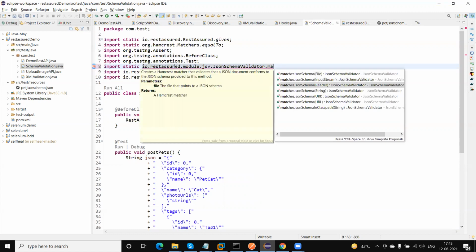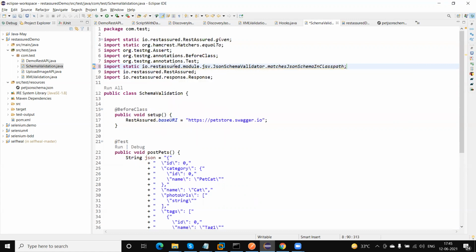Then there is a matcher method, matchesJsonSchemaInClasspath. Import this. I'm importing this in a static way, so we can call the static method directly.